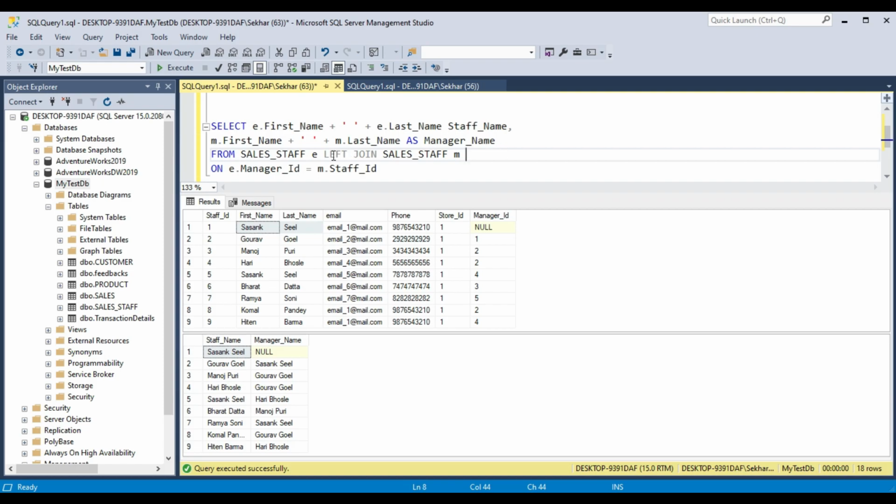Suppose I am doing a left join and you want to do another left join with the sales staff table again, that is also allowed. It will not throw any error. But it is your choice; if it is needed for you, choose it carefully. There is no restriction that you can use the table in a join only once. If it is needed, you can do it again and again.